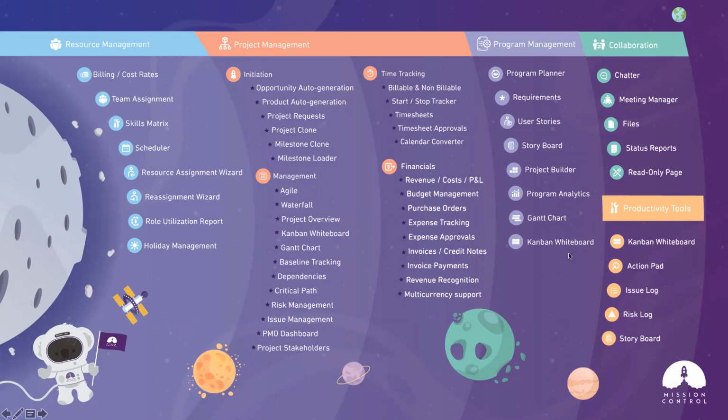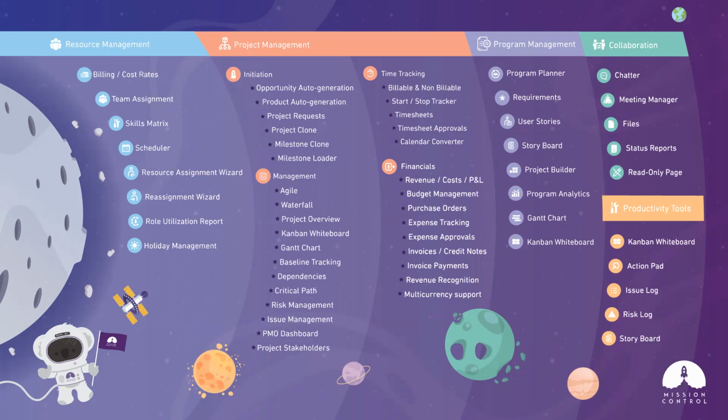Over here, as far as program management, typically that's going to be tied into the development of software and specifically around the agile methodology, but I'll just explain it real quick. Your program planner is where you're going to be building out a long-term roadmap of work that needs to be delivered. So think in different types of releases, you can be documenting those detailed requirements, building out user stories,